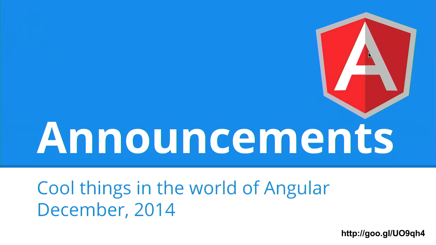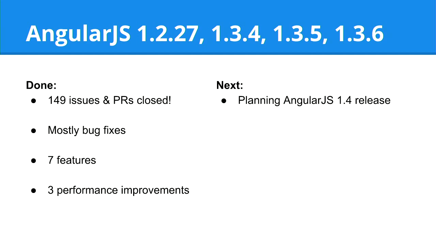All right, announcements. So honestly, we were a little bit burnt out from our work up to 1.3 and Angular 2 and NG Europe, but we've actually come back kind of strong. We had 1 release in 1.2 and 3 releases in the 1.3 branch. Most of it was bug fixes. There were a couple features, but we're now in the planning phases for an Angular 1.4. We're going to publicly release a first cut of this based on what we know from talking to all of you, and we'll give you space to comment on it so you can give us input on what we should be including.